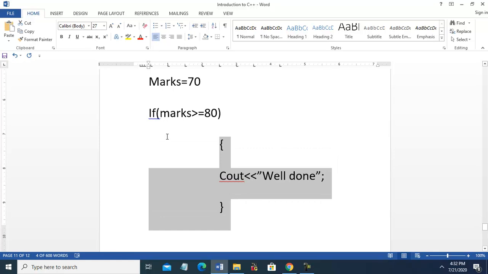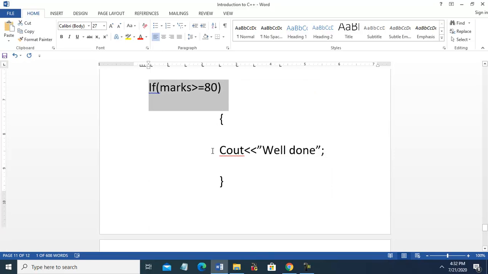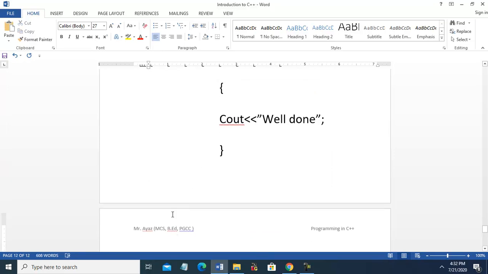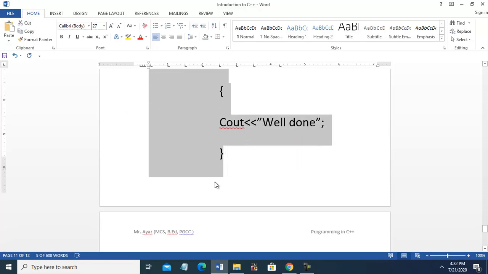For each and every condition we will use if. For example, if marks are above 90, we'll copy this statement.